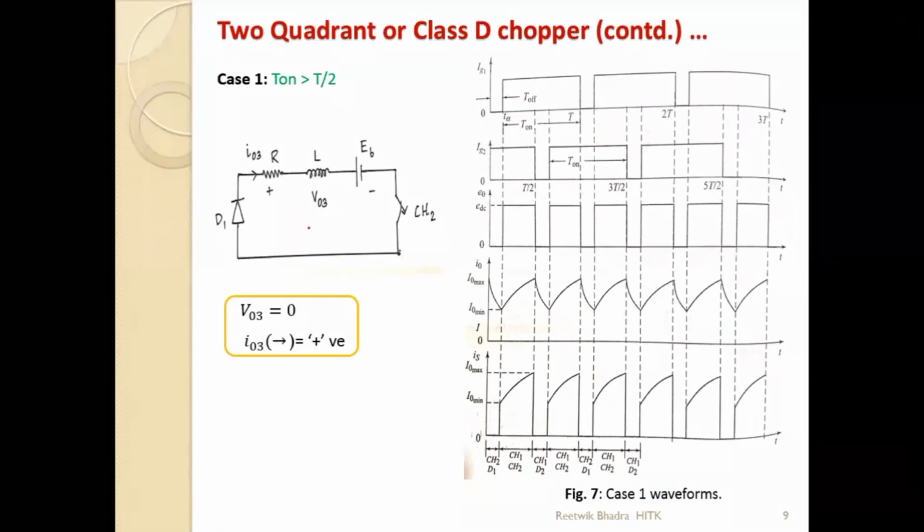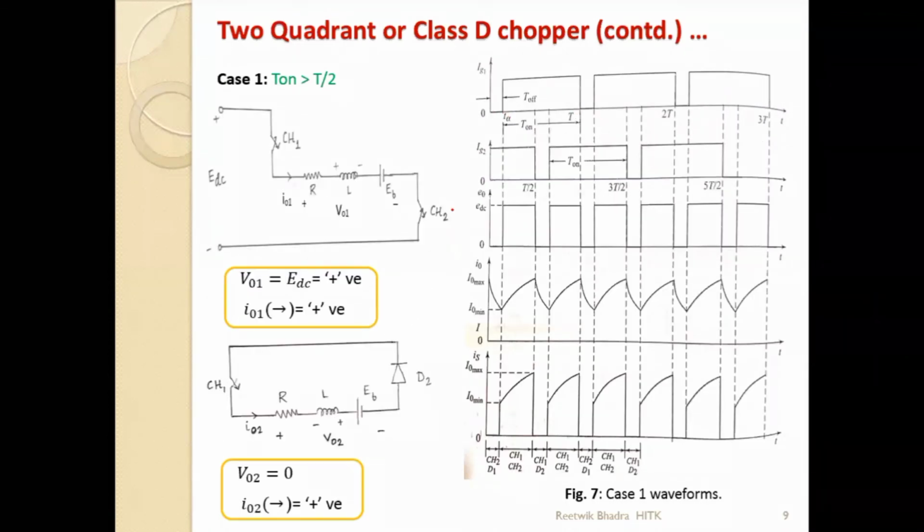There is another mode of operation. If you study this part, in this part Ig2 is high. Or you can read this region also, that is the same, because this is a cycle, everything will repeat one after another. So Ig2 is high, Ig1 is low. That means CH2 will be on.